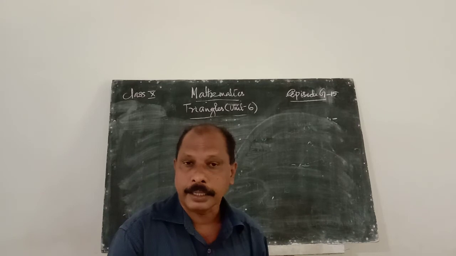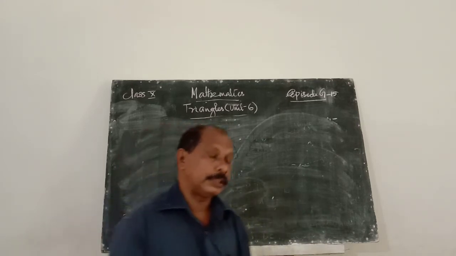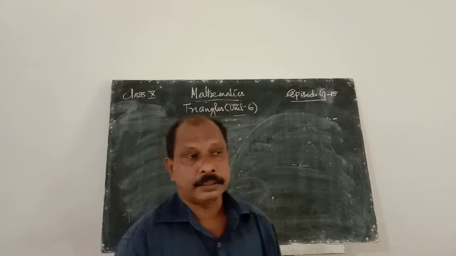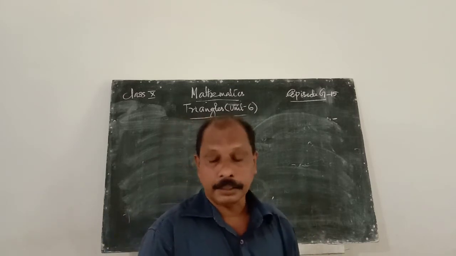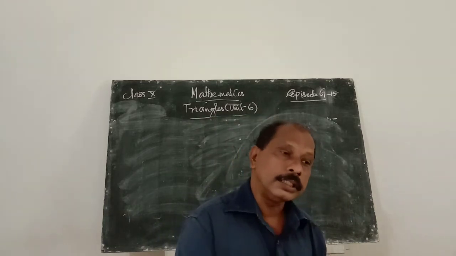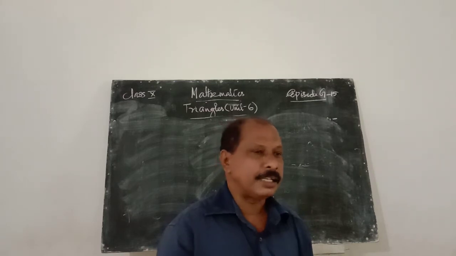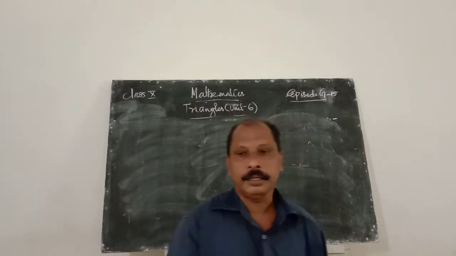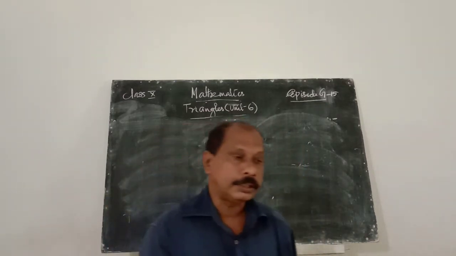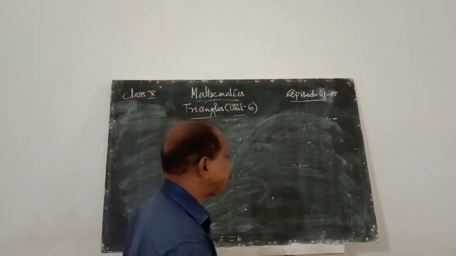From 1 and 2, AE by CE is equal to AE' by CE', which implies that E and E' coincide with one another. Therefore, the point E is the same as point E'. Therefore, E' is replaced by E, and DE is parallel to BC. That is the converse of the basic proportionality theorem.